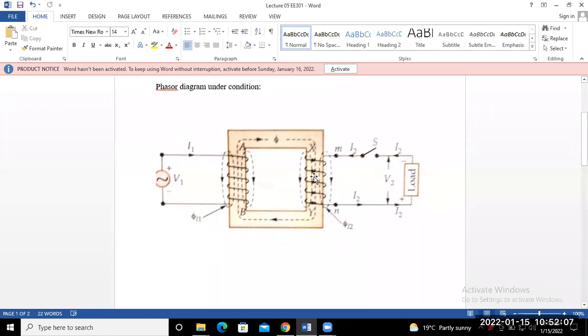so what is the basic difference and how can we proceed to draw the phasor diagram of this loaded transformer? If we consider one point, the load may be either a lagging power factor load or a leading power factor load. So first consider that the load power factor is lagging. Do you know which type of load is lagging and which is leading? What is the phase difference between lagging and leading?